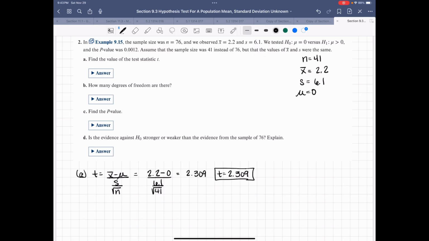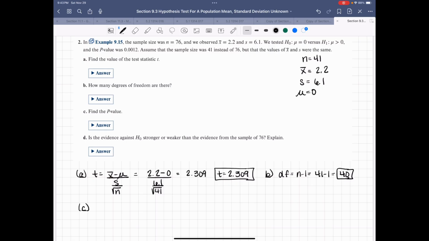All right, B's pretty nice. It said how many degrees of freedom are there? Well, degrees of freedom equals n minus 1, which in this case is going to be 41 minus 1, which is 40. Can squeeze that in right there. And then C